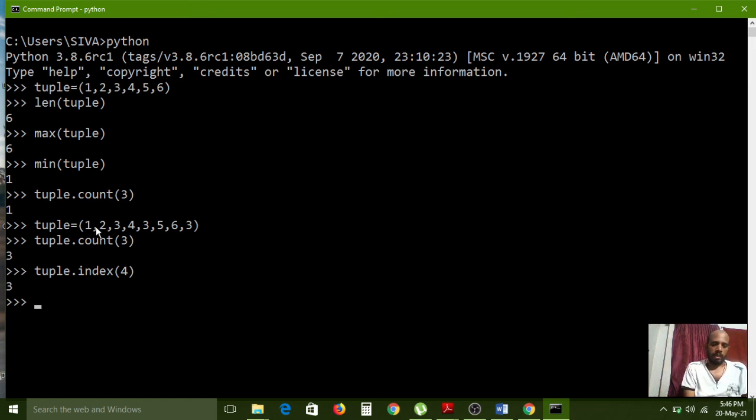Carefully observe. In the 0th index we have 1, in the first index the second value, in the second index the third value, and in the third index, counting 0, 1, 2, 3, we have the fourth value. Here we passed 4, so the index value 3 is returned. The output is right. So now we can understand that the fourth element is placed at the third index only.